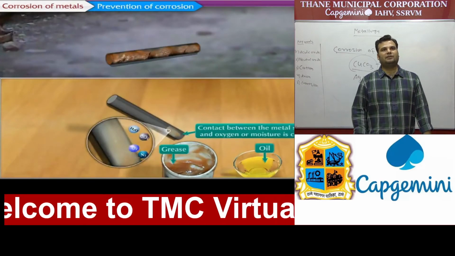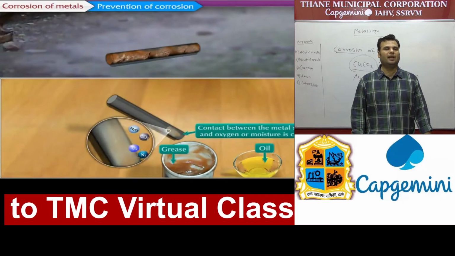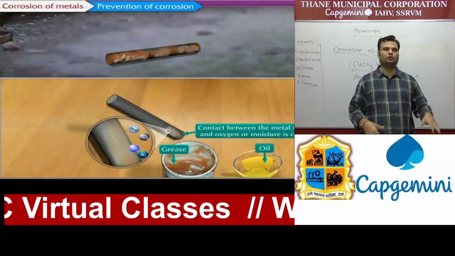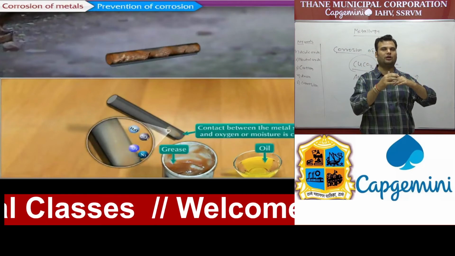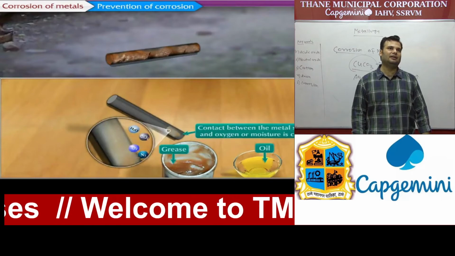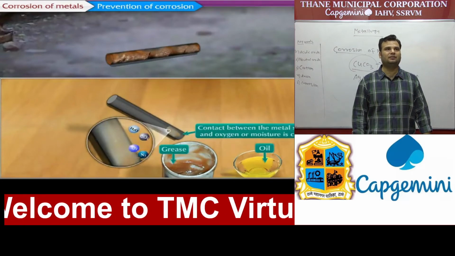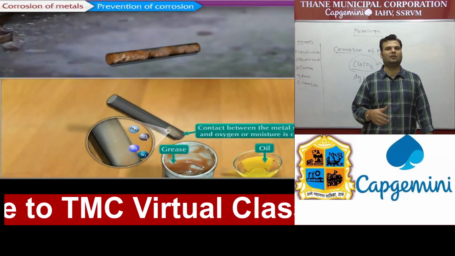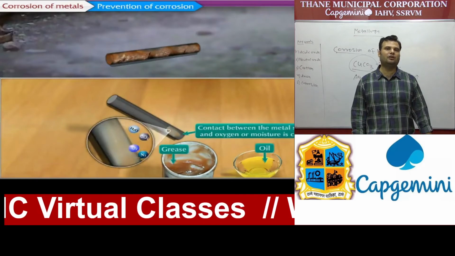So what prevention do we have to take to stop corrosion? The first one is to cut off the contact between the metal surface and oxygen or moisture. Whenever metals cannot react with air, water or moisture, the corrosion process cannot occur. We can apply some oil, paint or grease on the metal surface. But it is a temporary effect; after a long time it is not possible to maintain. So it is only a temporary effect, not a permanent one.